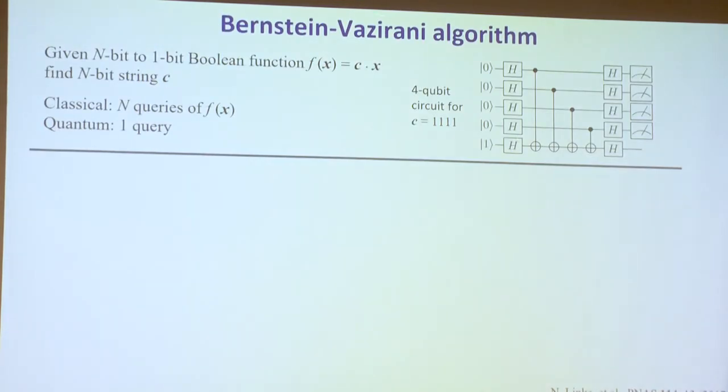This is an example of one of these toy algorithms. It's very easy to see. It's called the Bernstein-Vazirani algorithm. And here it is. It's a so-called oracle problem, meaning you're given a black box that does something. How many times do you have to query the black box? Here's what the black box does. It computes a function of n bits, x, an n-bit string. It converts it to a single bit by taking the dot product between every bit of x and every bit of an unknown string, c. And the question is, what is c?